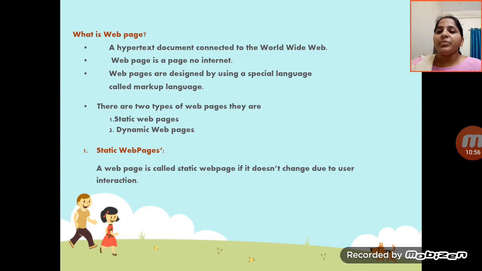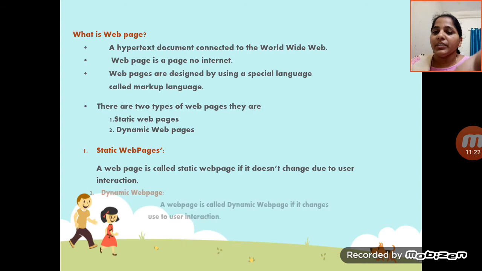Whenever we design a website, we design so many pages in it. After the website is published, we cannot make changes on the static web pages. They do not change due to user interaction.